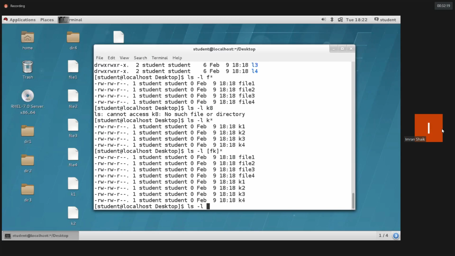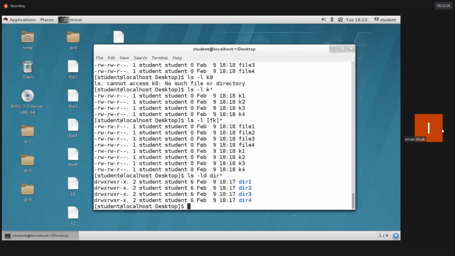If you need the directory properties, ls -ld and then provide the directory name. For example, dir star. It will print dir1, dir2, dir3, and dir4. Guys, you should mention d. It's mandatory to know the properties of the directory. If you didn't mention d, what will happen? It will show you